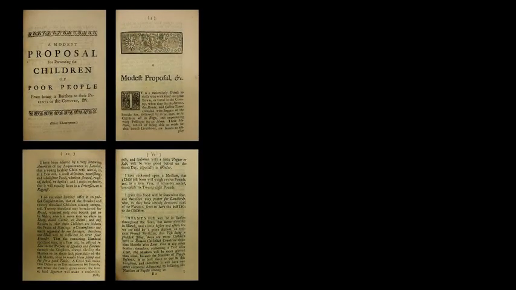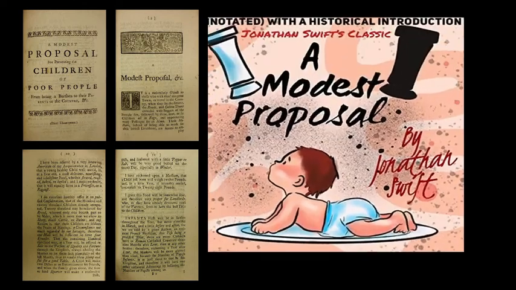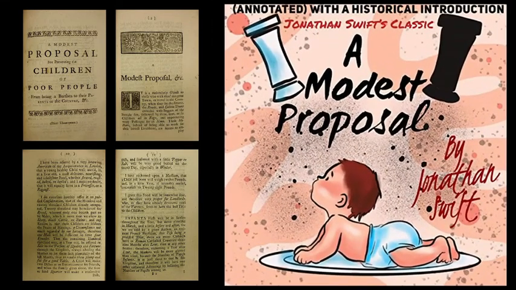Take, for example, Jonathan Swift's A Modest Proposal. If you are unfamiliar with the piece, you should check it out. It's one of my favorites, mostly because of the tone and mood utilized. But, to give it a little context, A Modest Proposal is a satirical piece that suggests to the poor people of Ireland the solution to the problem of overpopulation and economic hardship is for poor families to sell small children and orphans to the meat market.